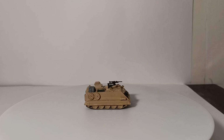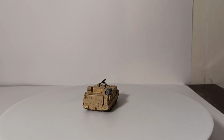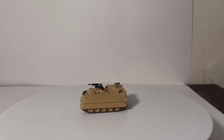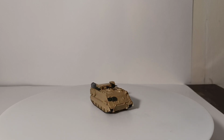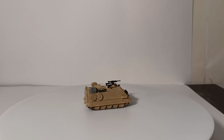Technically, this version is a German version, the M113 MTW, which the MTW is their version of the basic transport version, the Mannschaft Transport Wagon, so we're just going to call it the MTW to save ourselves a whole lot of trouble. I got this from my friends at